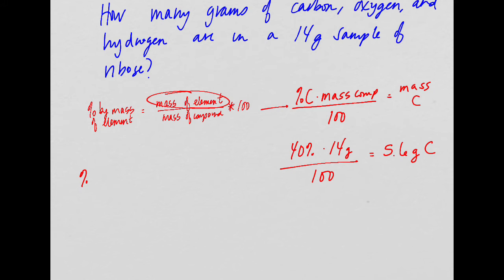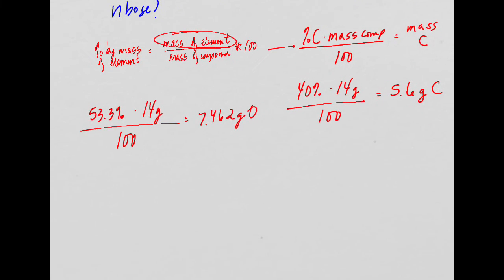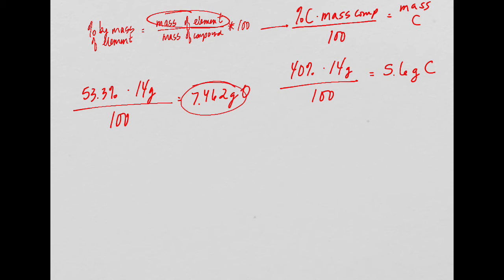The percent of oxygen is 53.3% oxygen times the mass of the compound, which is 14 grams, divided by 100 gives us 7.462 grams of oxygen. And we could just add this and this together, and that would be 13.062. We subtract that from 14, and that would give us